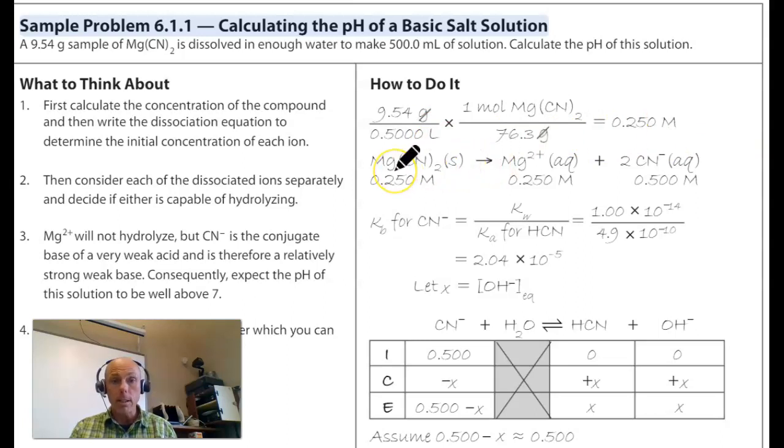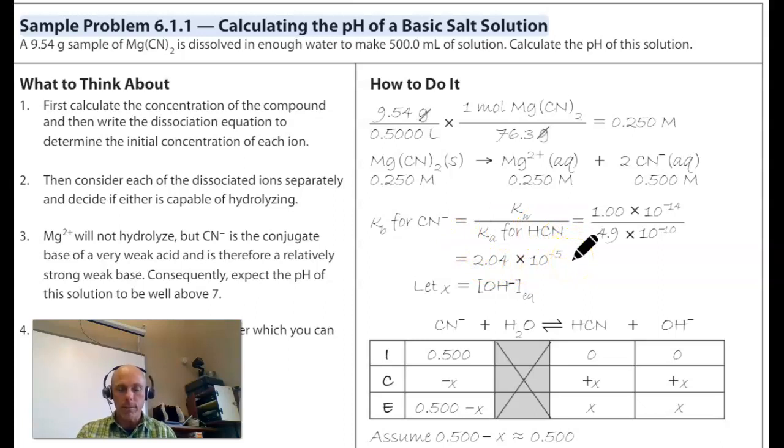But because it's completely soluble, from each magnesium cyanide, we will generate 2 cyanide ions. So the concentration of cyanide, the weak base, is 0.5 molar. All right, this is a weak base. Our book expects that we go to page 277 to get the Ka for HCN. And remember, Ka times Kb is Kw. So this is our book converting the Ka for HCN, 4.9 times 10 to the minus 10, to the Kb for CN minus. So Kw over the Ka for HCN will be the Kb for CN minus,